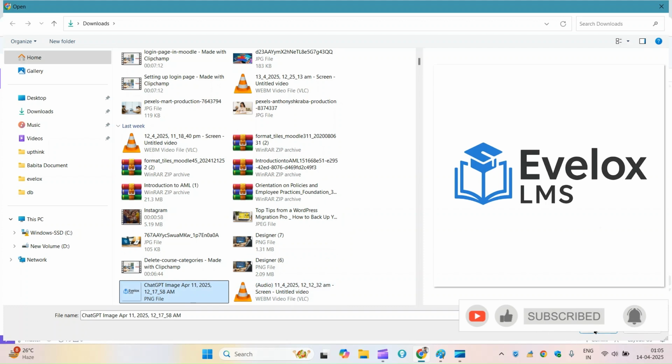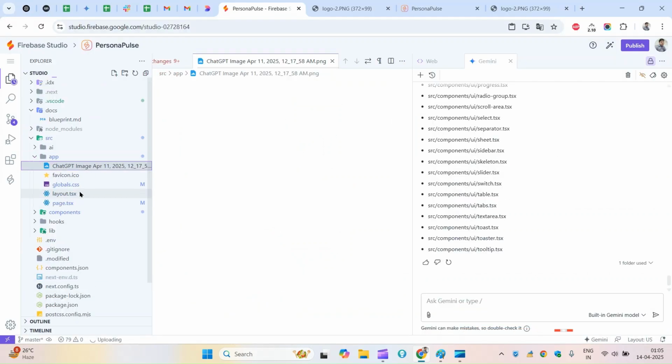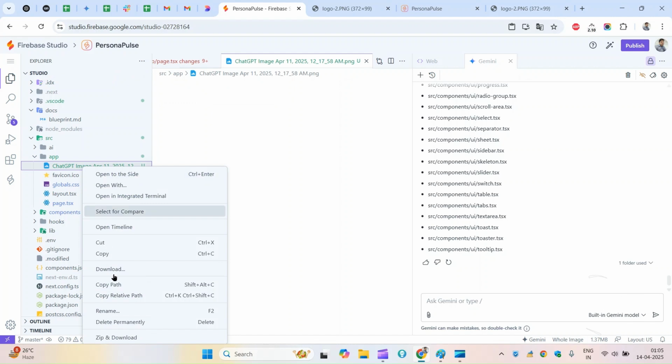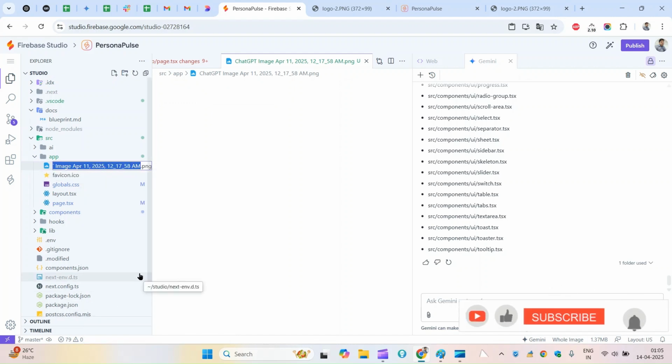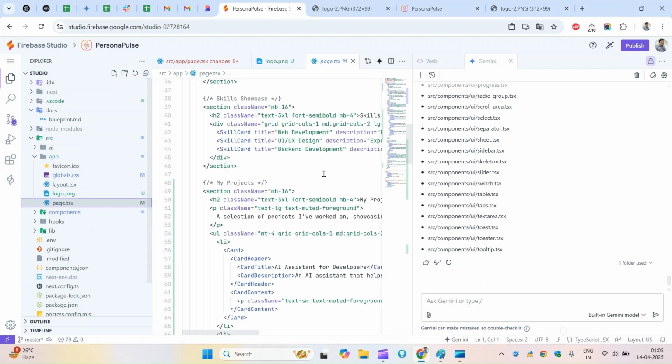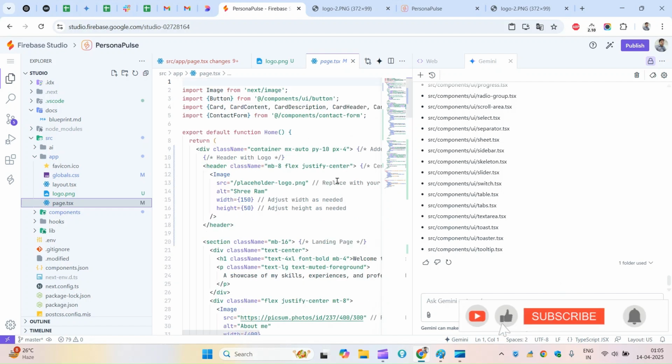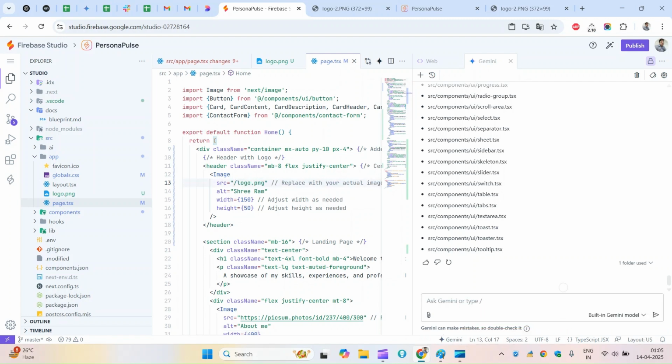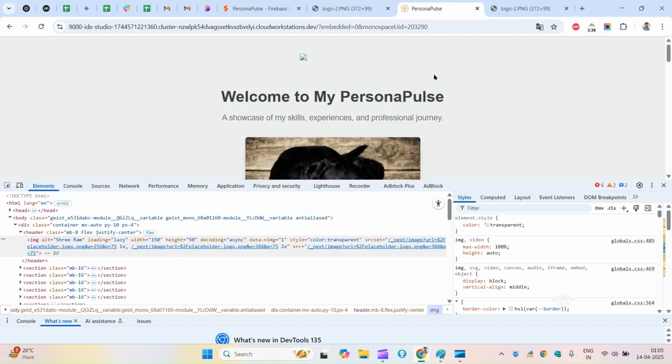Okay, so let's see, this is the file. Yeah, so now it appears here. I am going to rename it logo.png, and I can go to the page. I can add logo.png here. I can save. Now if you come here and reload,